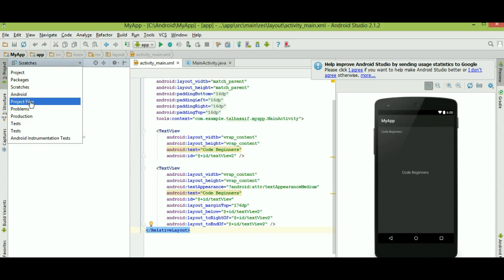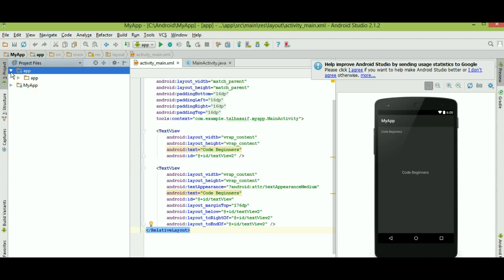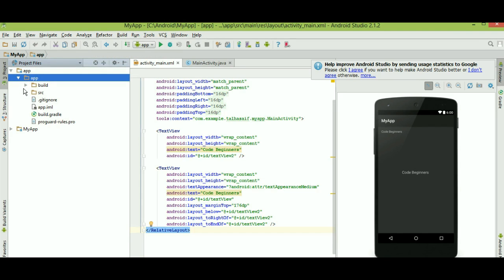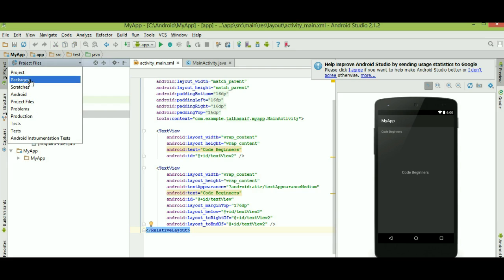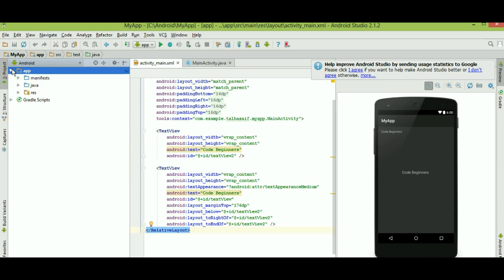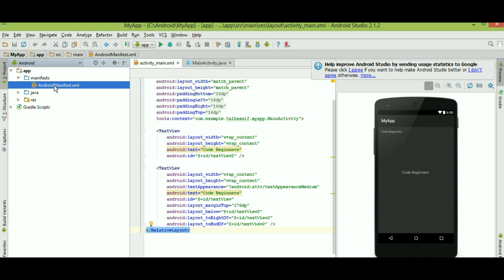So the next is project files, and in here your project files reside somewhere. This is the source code, and in source you have Android test Java, main test Java, these kind of files. So if you come to this Android, this is the important one. When you open it, there you have the main code. Okay, the main things that we will discuss. First of all we're going to be discussing manifest. So if you click on manifest here, this is the